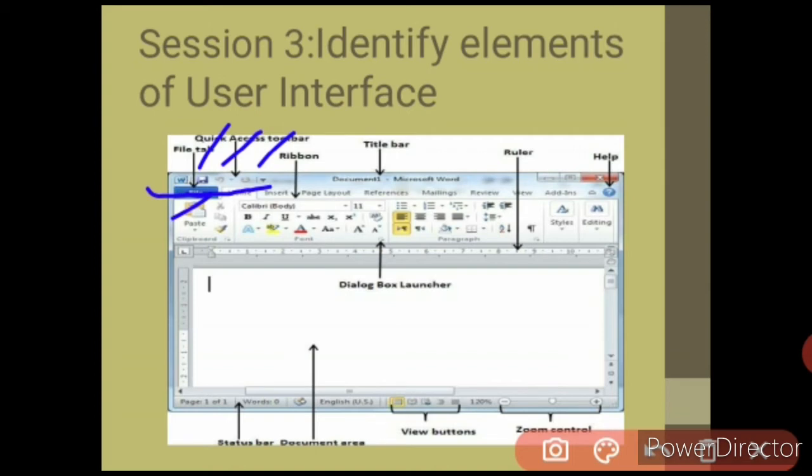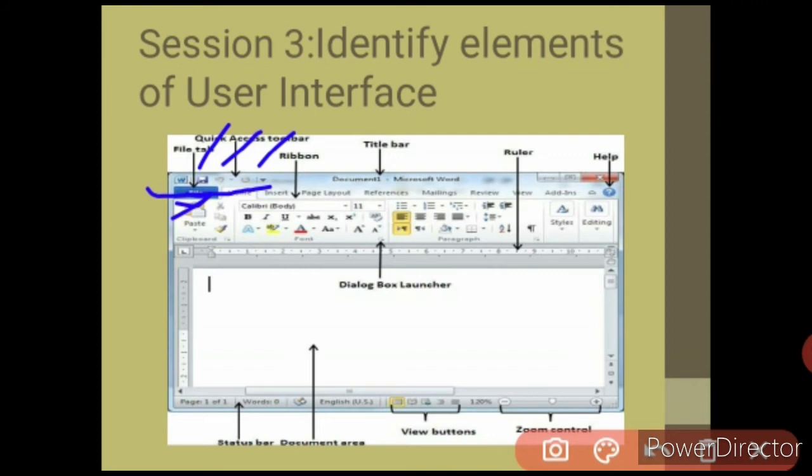Like I told you, we have two ways to save our file: go to the File tab and choose Save, or press Ctrl plus S. But here is again an option to save your file. No need to press Ctrl plus S or go to the File tab. You just click on it and your file will save. This is the Quick Access Toolbar option.